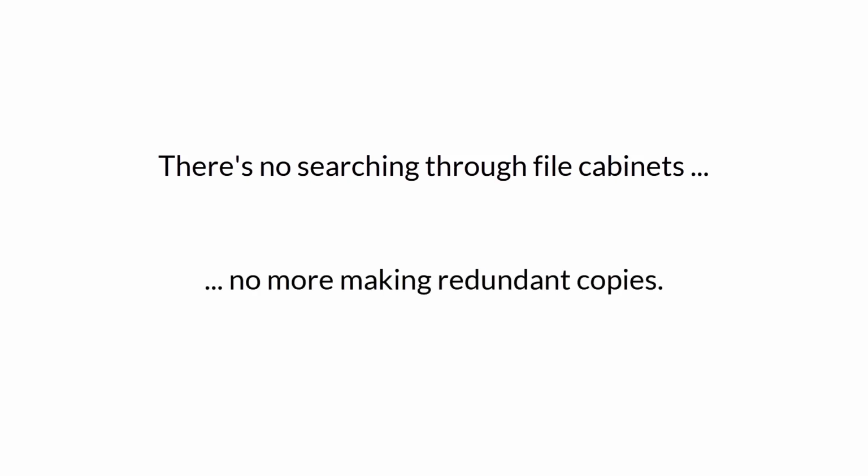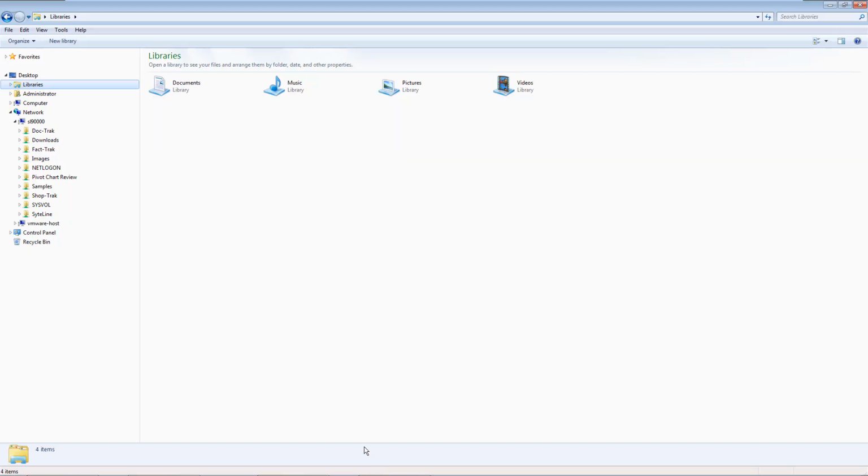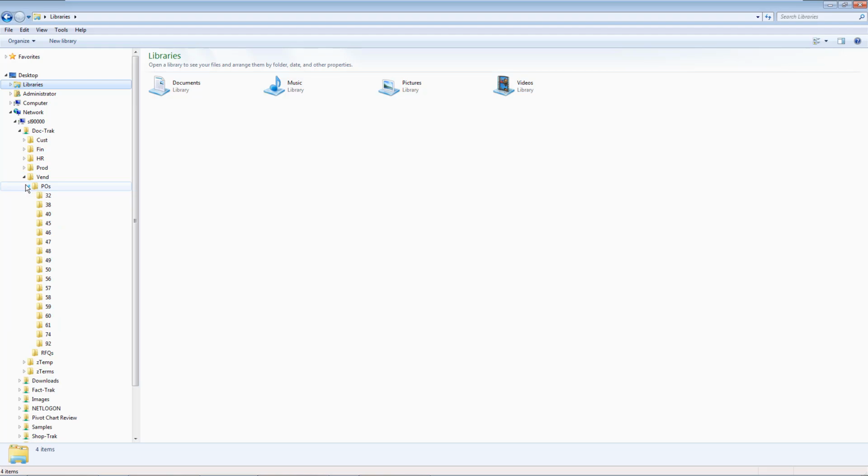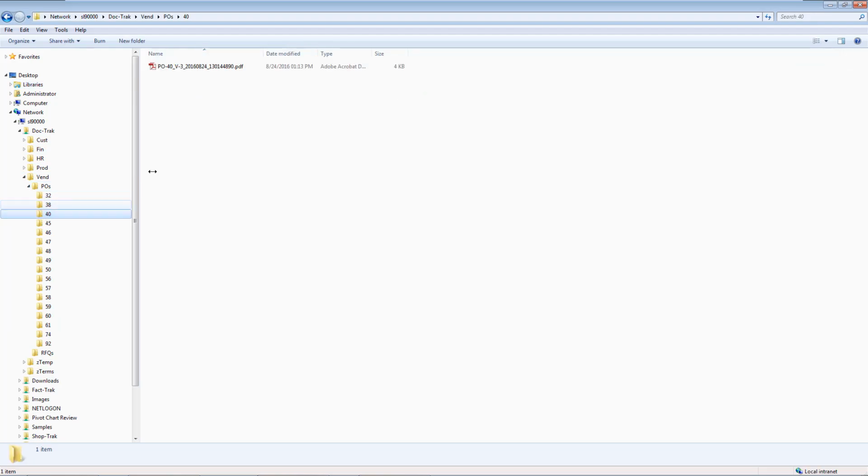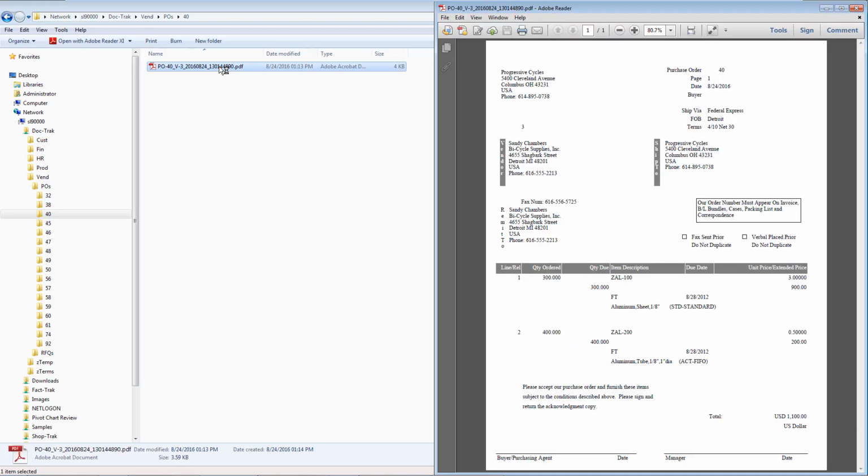No more making multiple copies that they end up storing redundantly. In fact, they can even access those files directly without even opening Sightline and occupying a license. Think of this as a possible first step towards reducing your company's dependence on paper and bringing those benefits all the way to your company's bottom line.